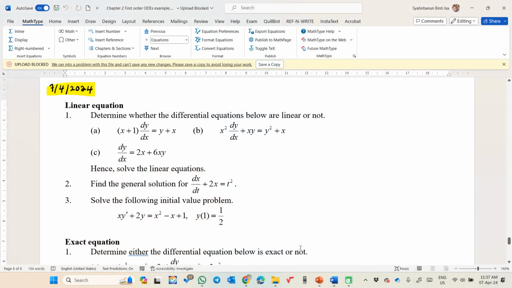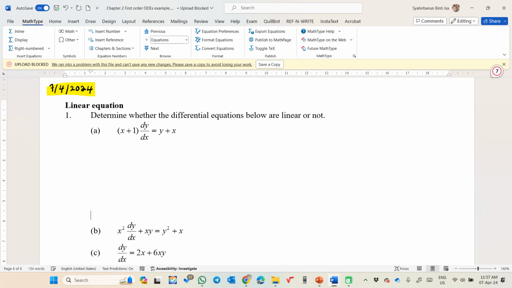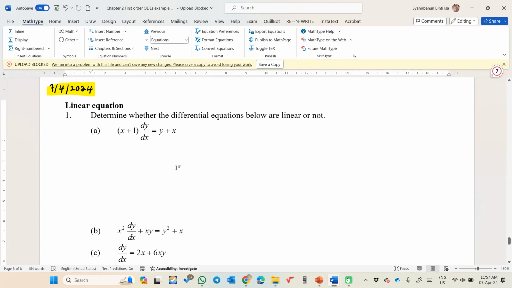Okay, so I will explain about the example. Let's say we have example one. So example 1a. Okay, so we can check. First we can check whether, because the linear equation is quite easy, because